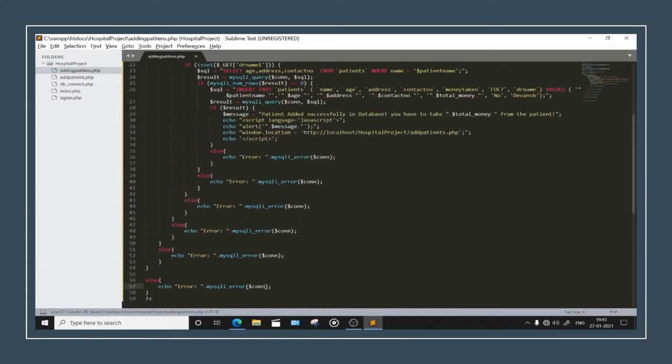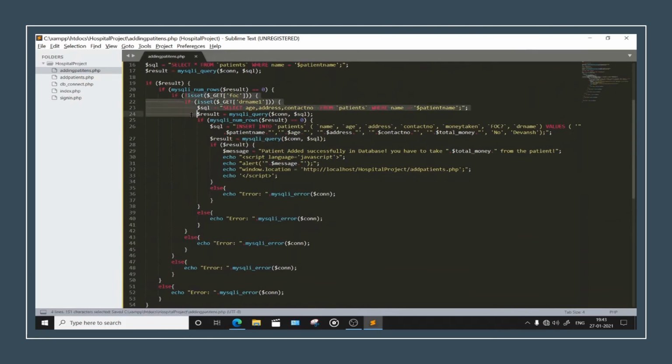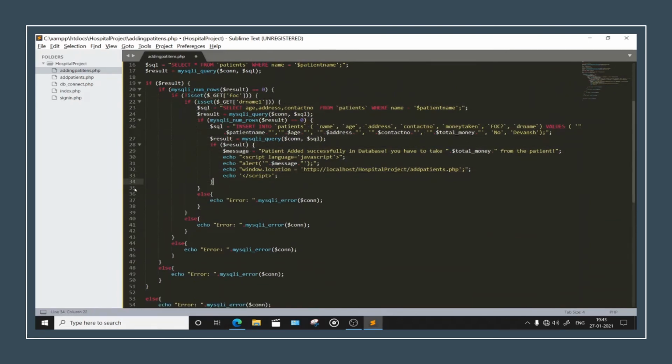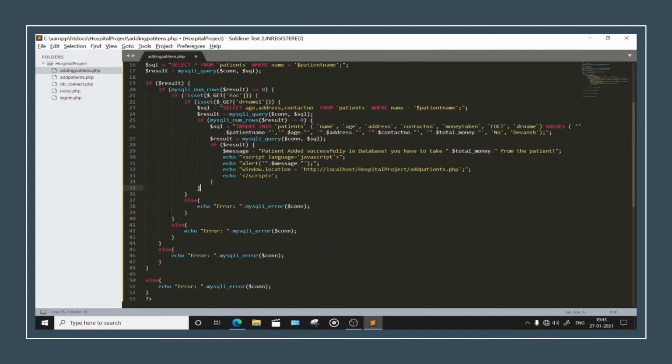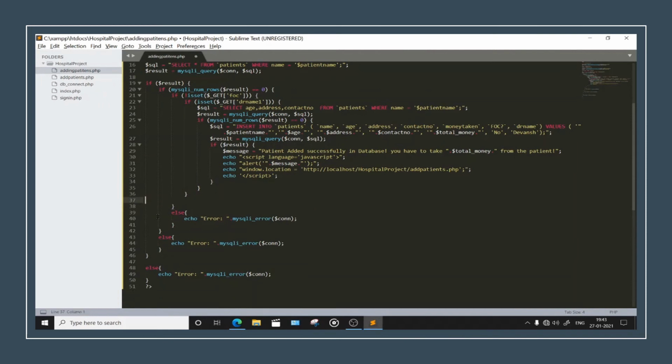Fine. Okay. So if this thing is set, we will be removing all these else statements because they make our code look dirtier. Remove this one once again. Remove this one and this one also. Fine.